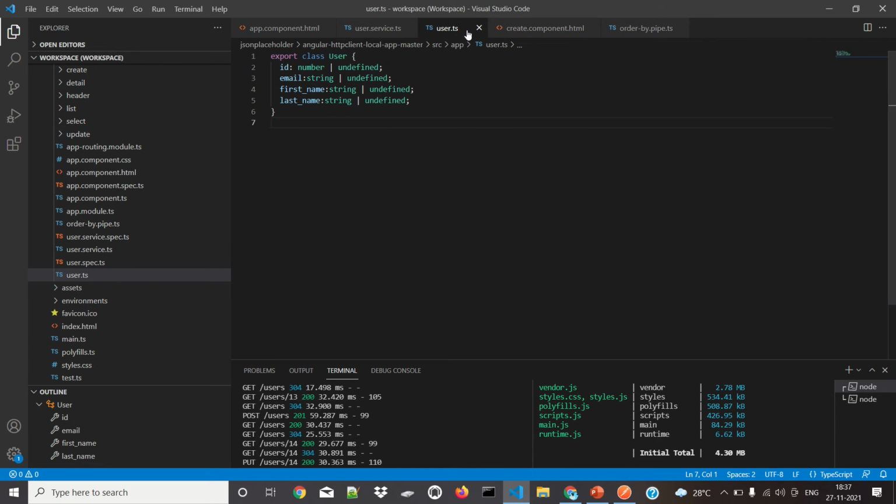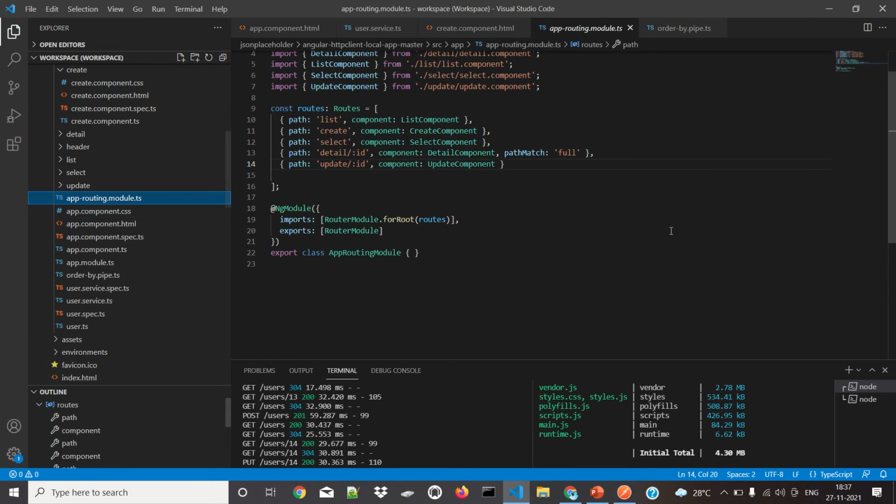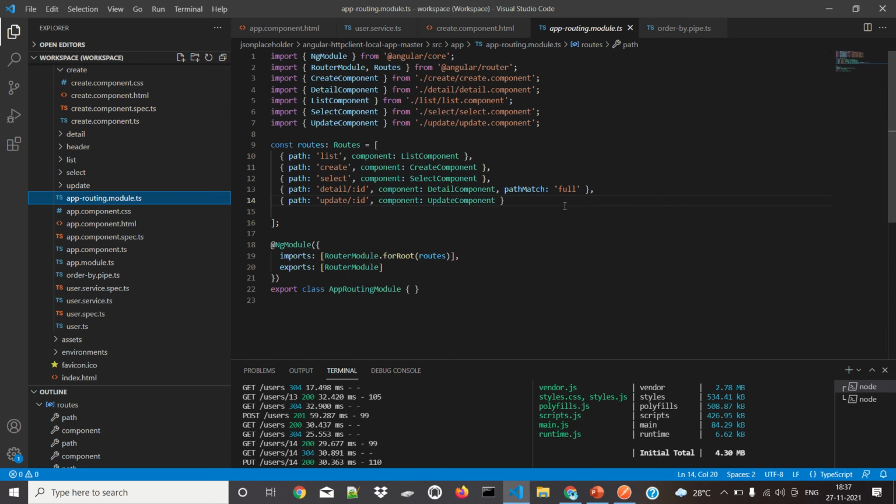Then we have the app routing module. In the app routing module, I have used the router, and for this router I have five entries. They are for loading the list component, create component, select component, detail component, and update component.